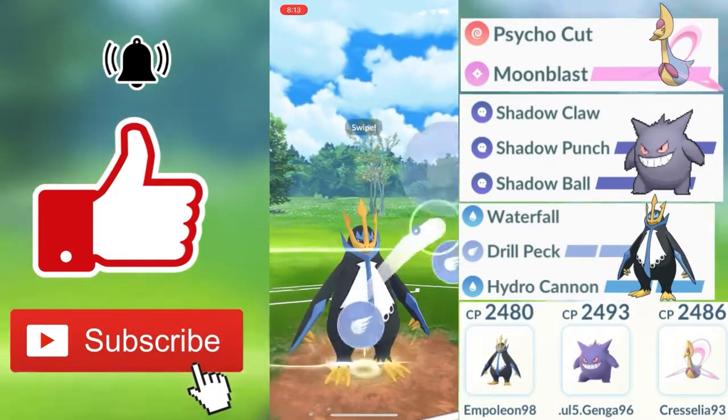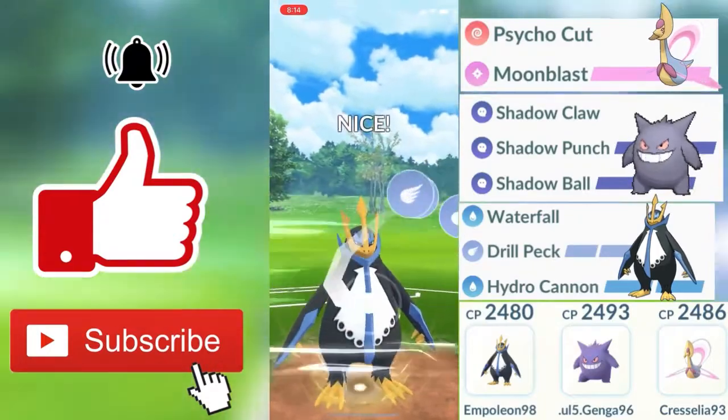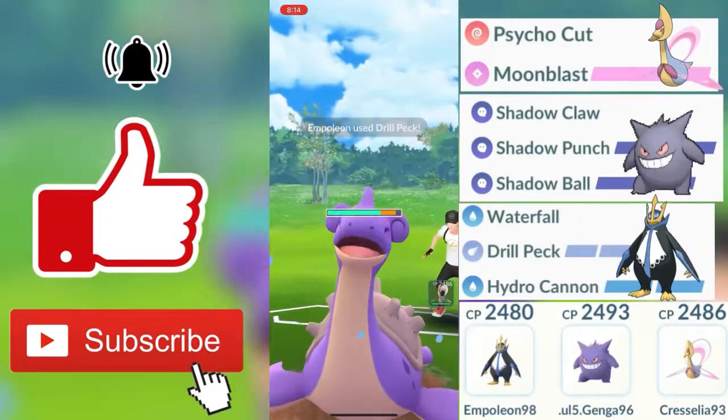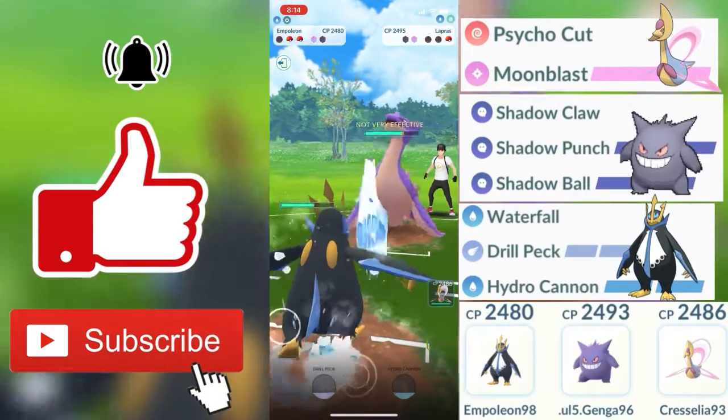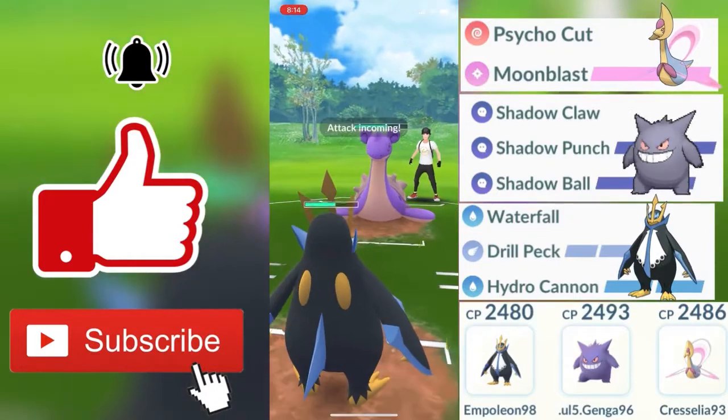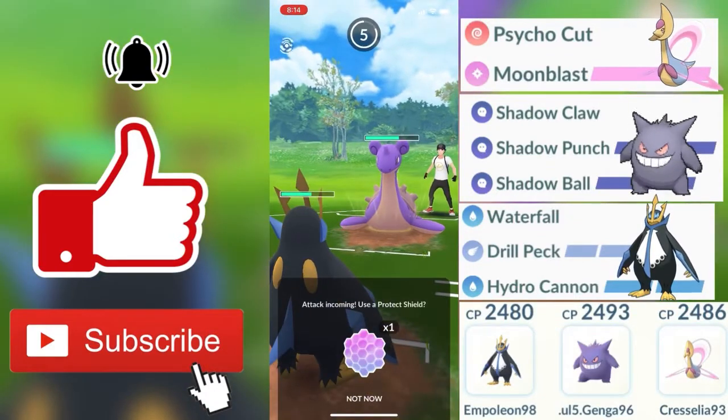That was very unfortunate for him, because he was probably planning on getting to something like an Overheat or a Blast Burn that would have done a good amount of damage against my Empoleon, but my opponent's final Pokemon is going to be a Lapras. Lapras is very tanky, and I don't actually have